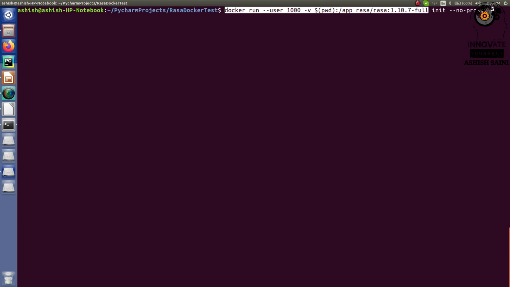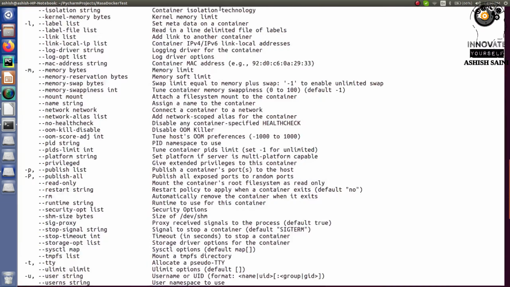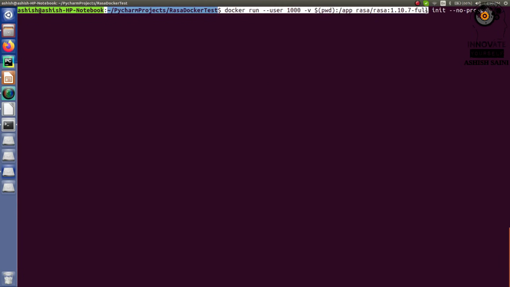Here, when you look very carefully, you can treat this code, not the complete code, only docker run --user 1000 -v, this path and this repository and tag name, as working as Rasa.